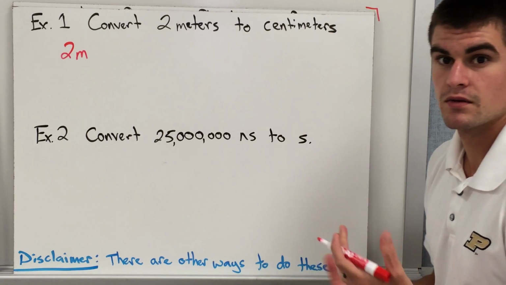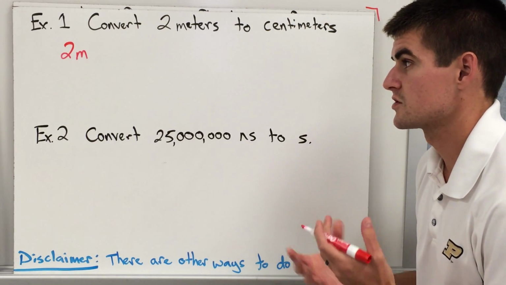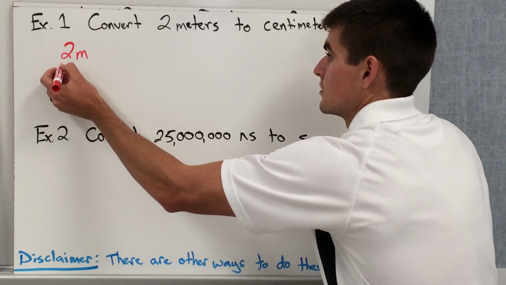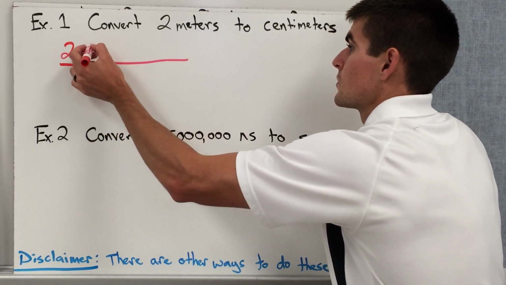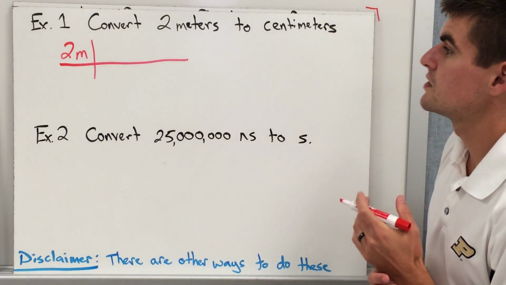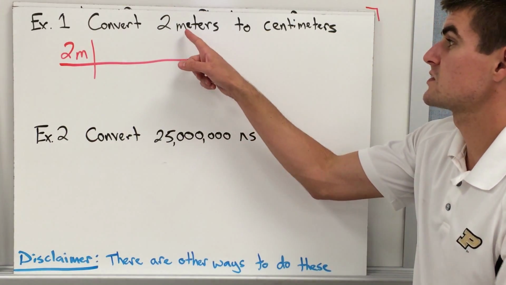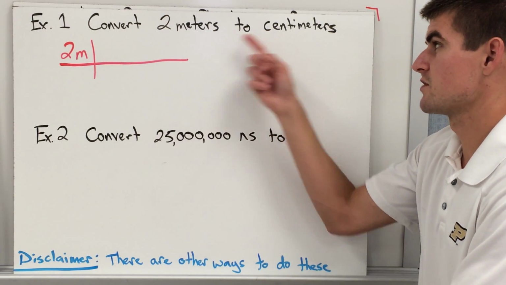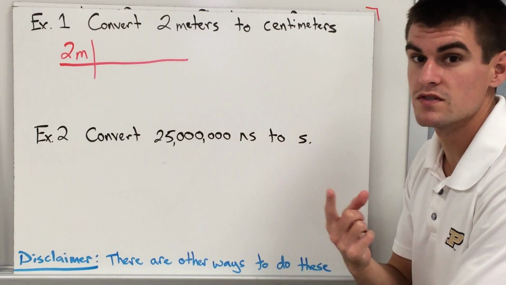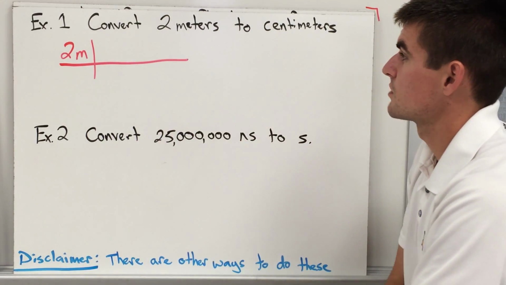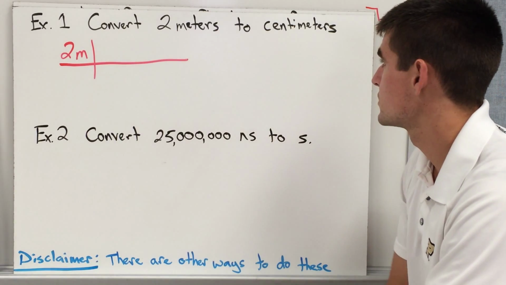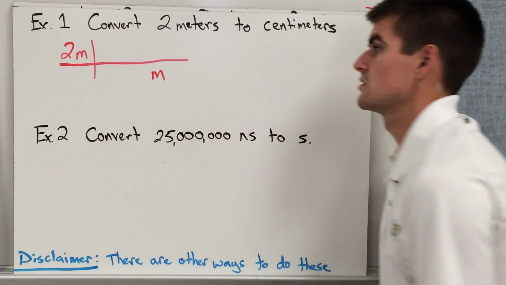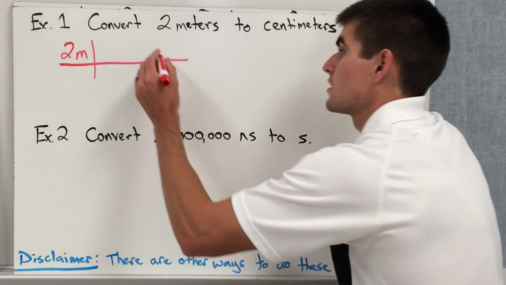It is a conversion factor problem. That means we need dimensional analysis, so we're going to draw our train tracks. Something you may not know right now: anytime it's something without a prefix to a prefix, or a prefix to something without, it's only going to be one step. So one step here, starting with 2 meters. I abbreviated it m for meters. Same thing as before, I want meters to cancel, so I put them opposite. I'm trying to convert to